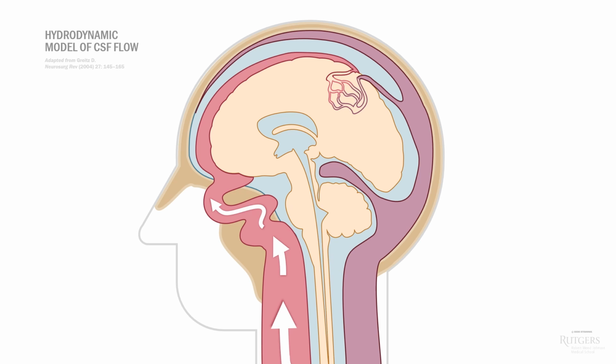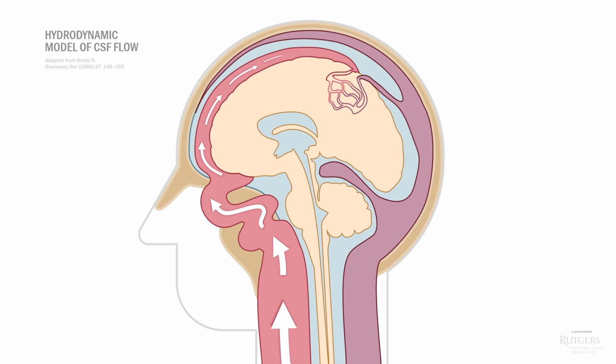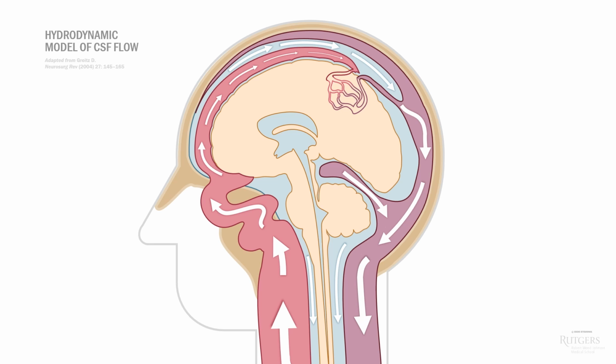Arteries are elastic and compliant, so they expand, and the blood flow slows down as it gets to the capillaries. At the same time, the pressure from the systolic pulse is transmitted to the entire brain and subarachnoid space. One of the main roles of CSF is to distribute and equalize intracranial pressure. The CSF wave then increases flow in the venous sinuses, and the venous blood drains from the head through the sigmoid sinuses and jugular veins.